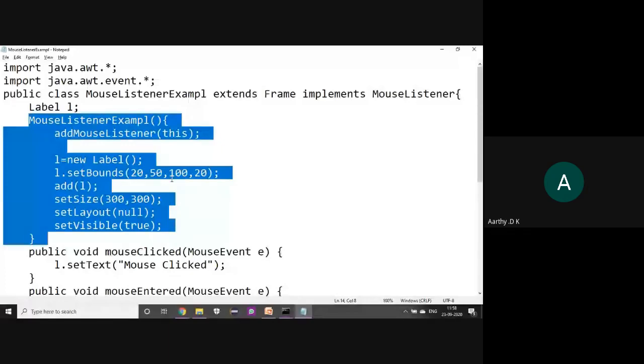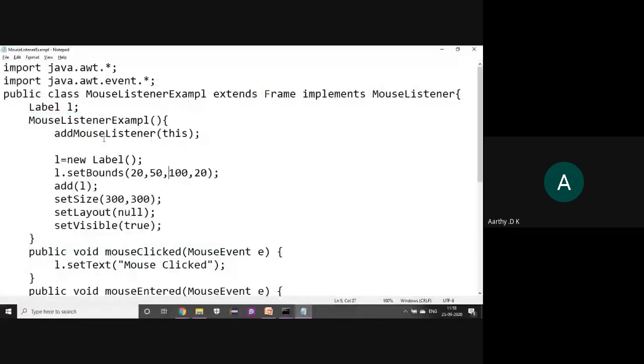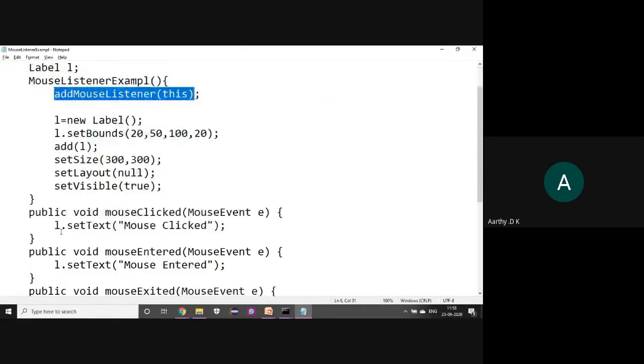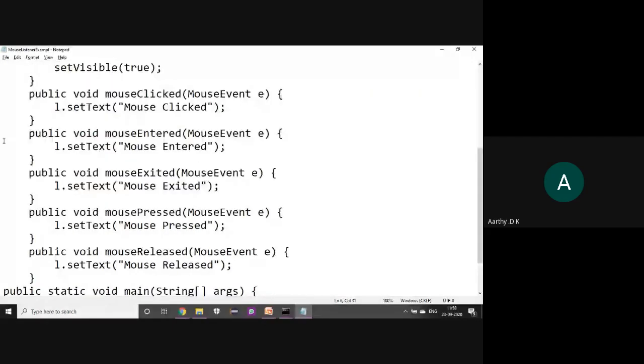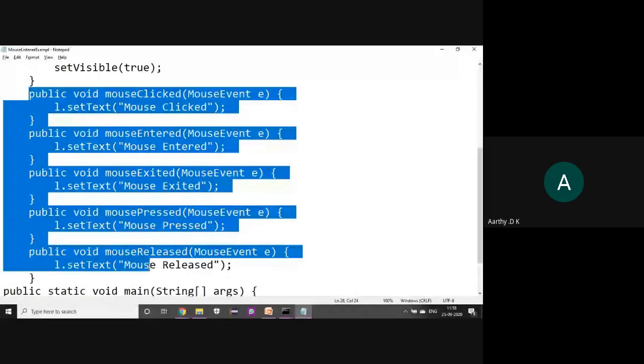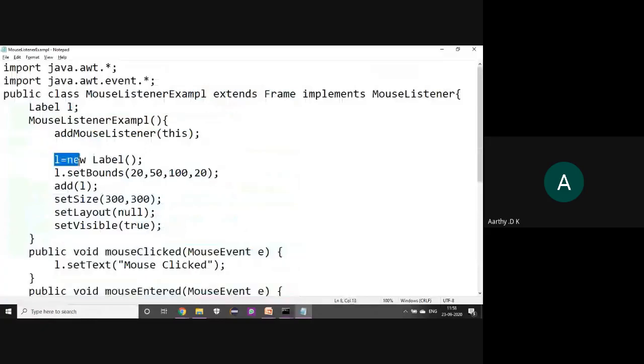You can see that I have given addMouseListener(this). This indicates, obviously, the current object, right? We are using the add listener method so that whichever event is happening, whichever mouse is being clicked, these events get executed. Then we are creating a label, so we have created an object for the label.